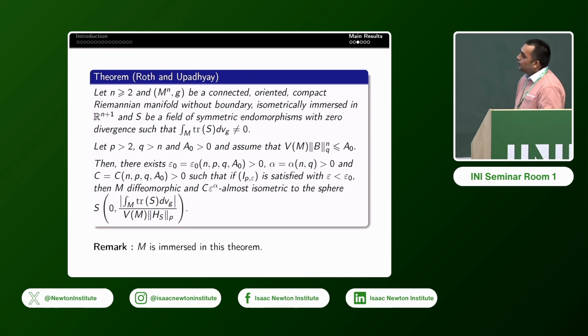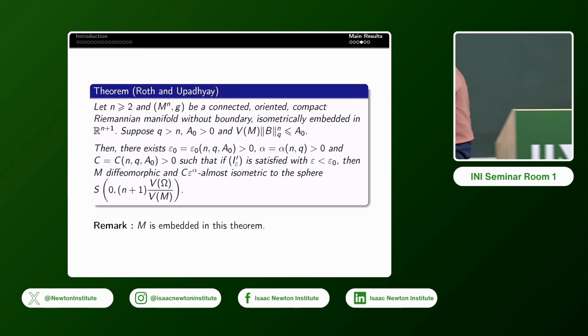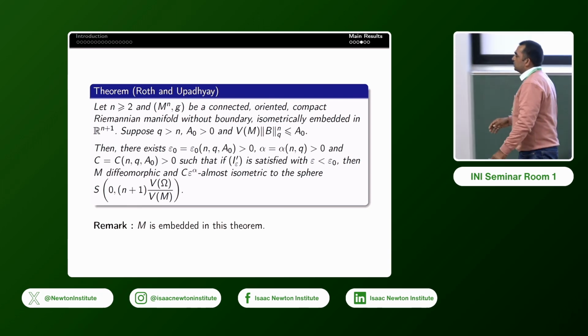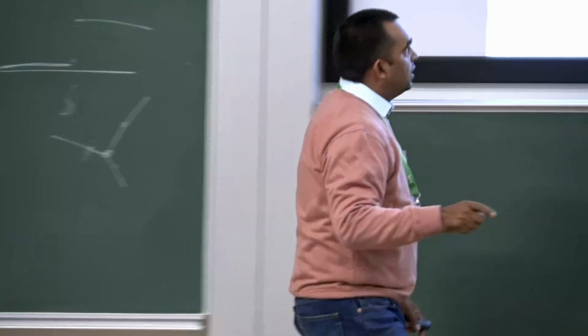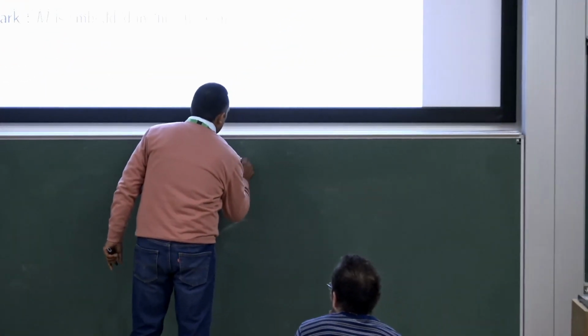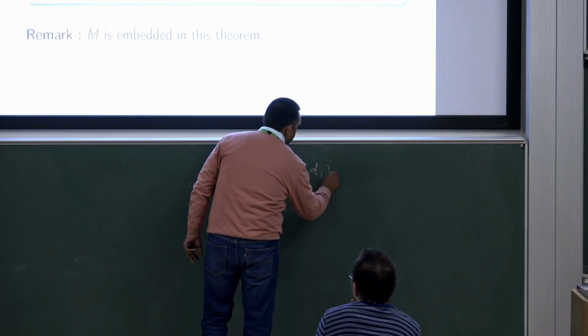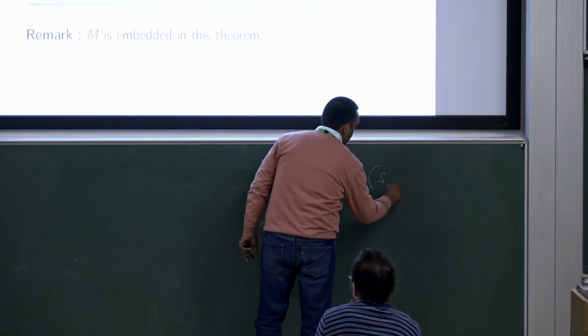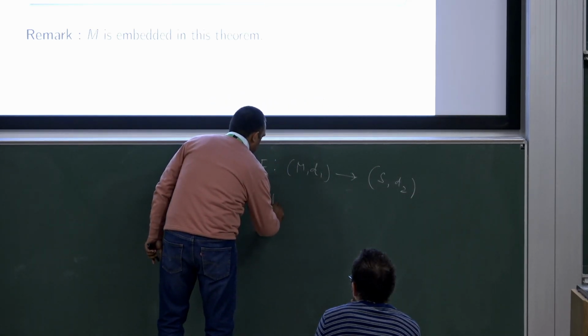Another result is if M is embedded. This is the same result. One can ask what this C epsilon alpha almost isometric means. I want to mention the meaning, because there are 3 steps to prove this. Finally we construct a diffeomorphism. Suppose we have a diffeomorphism f from our hypersurface to a sphere, and suppose it has metric d2. So basically we prove that